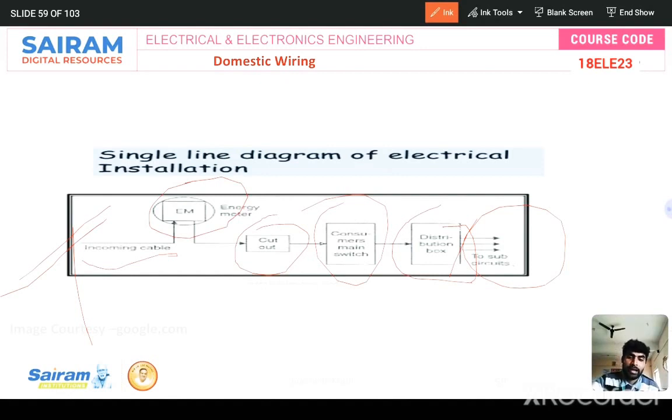Even in our home, from the pole to your home, there is a service main. After that, there is an energy meter, I mean, the meter board will be there, and a complete control board will be there. We have an MCB and then a fuse. And after that, there are sub-circuits. Suppose one MCB for the borewell mains, one MCB for domestic usage, and another MCB for other usage. Likewise, we segregate the electrical power supply controllers. So this is one best example of a single line diagram for an electrical installation power supply system. You have to remember it, and just write it in your own words.